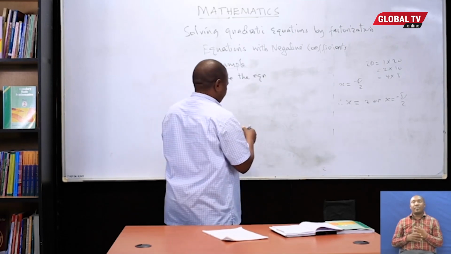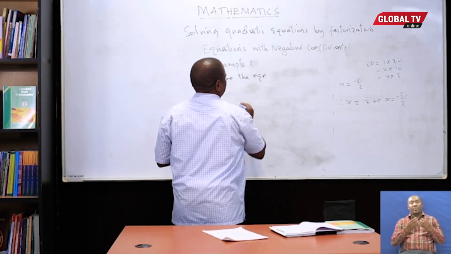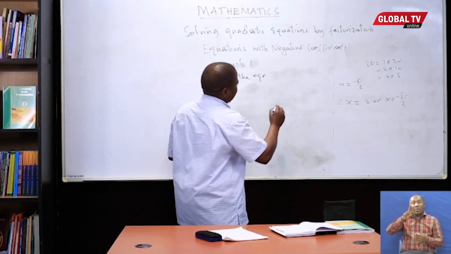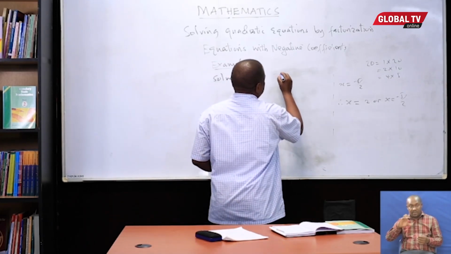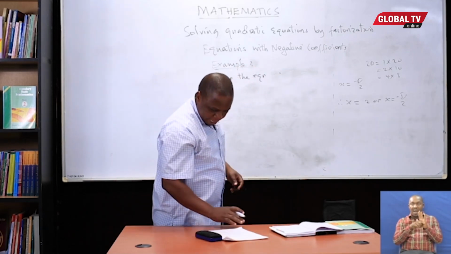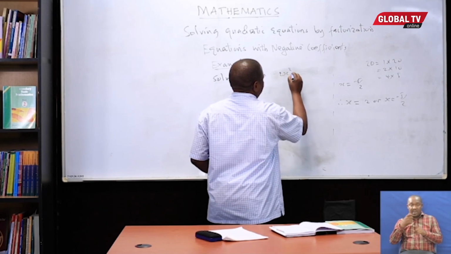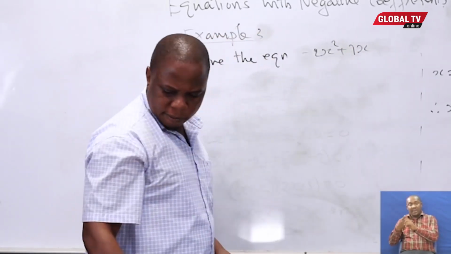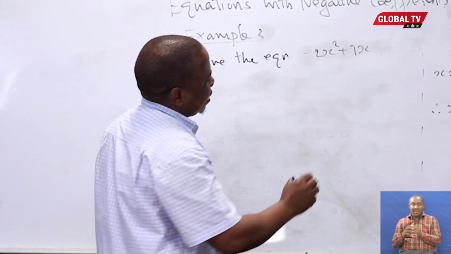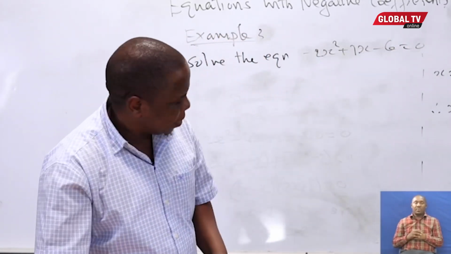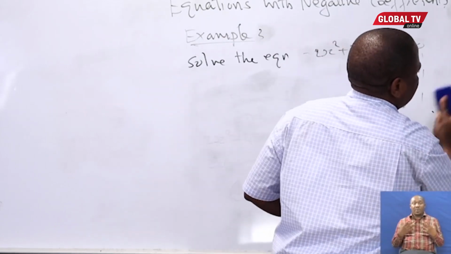This is example number 3. Solve the quadratic equation given that negative 2x squared plus 7x minus 6 is equal to 0. The best thing to do here,